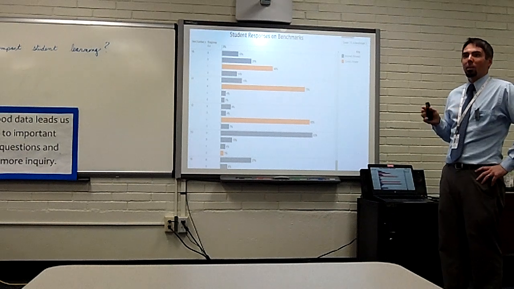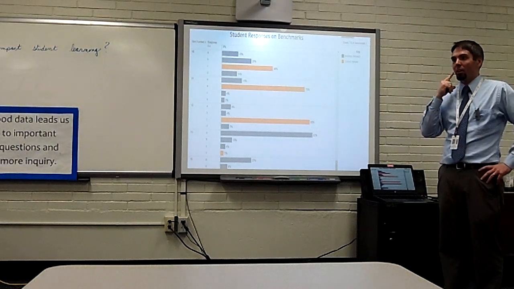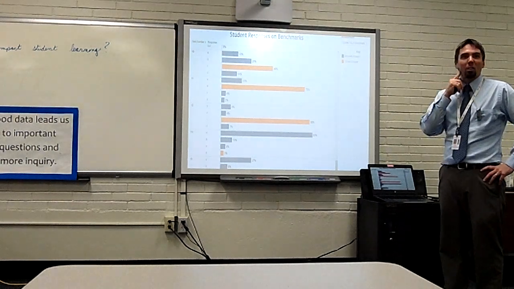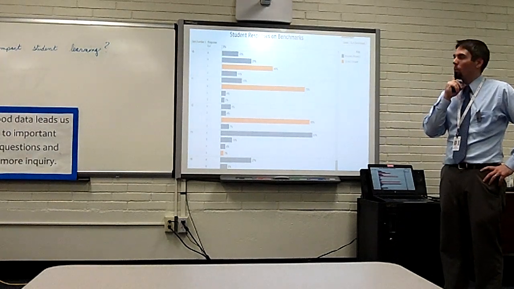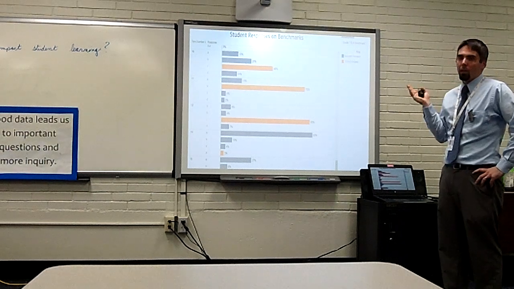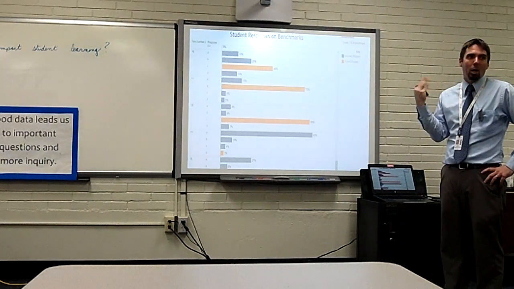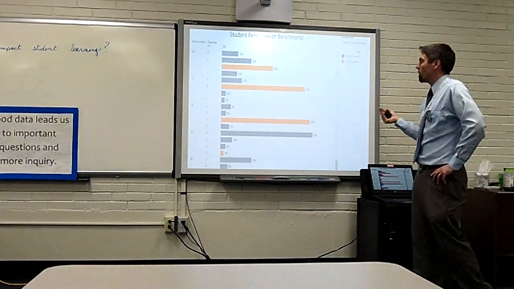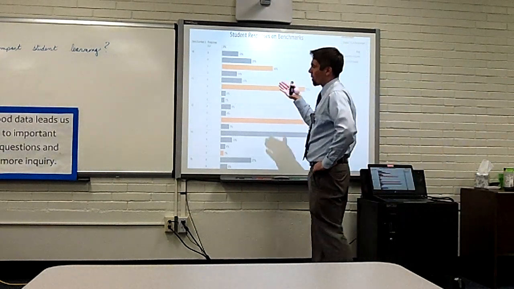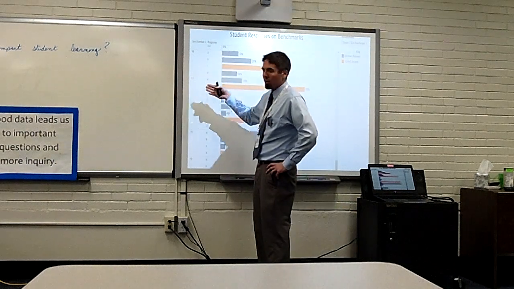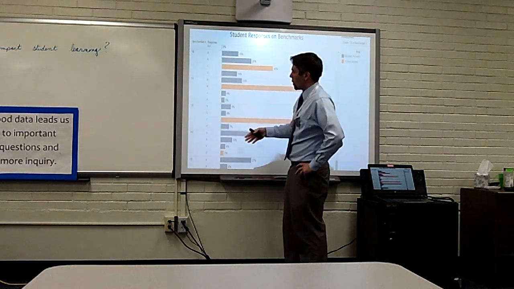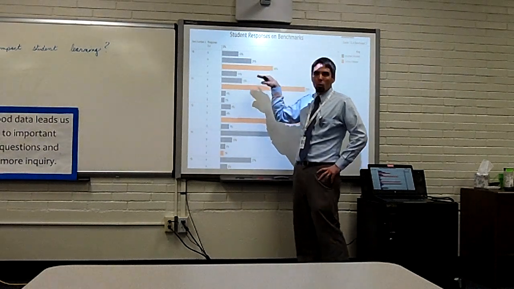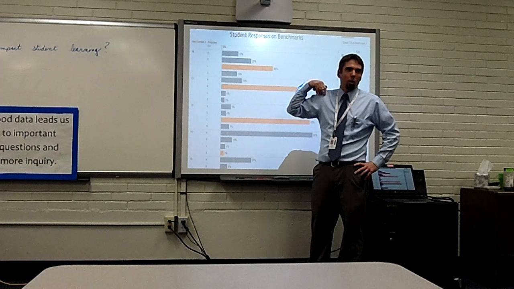Yeah, I skipped ahead because I want to piggyback on that, and let's talk about that for a second. So we got some more data. Let me explain what we're looking at, just so we all know what we're seeing. This is actually from a middle school English benchmark assessment. Because you're far away from the screen, we have question 10, question 11, question 12. There's no 13 because it was a writing question, then 14, with answer choices A, B, C, D. The orange one is the right answer. The blue ones are the wrong answers.